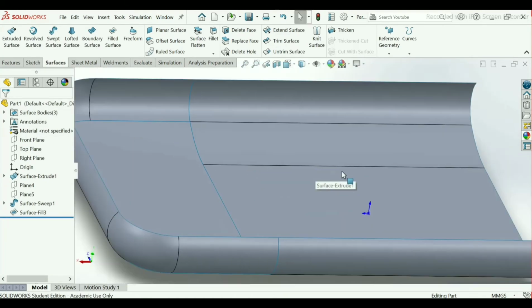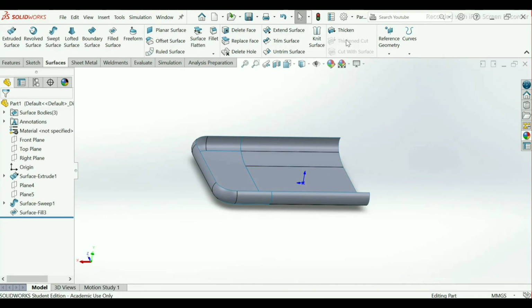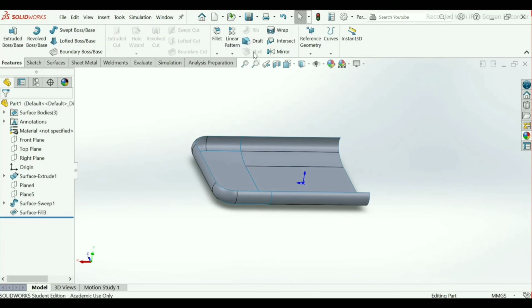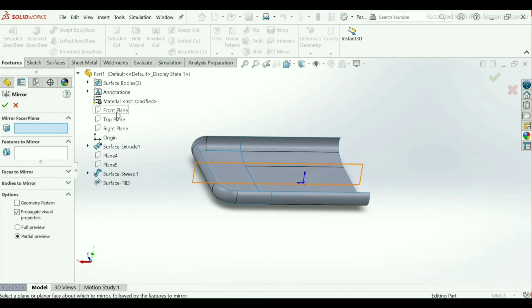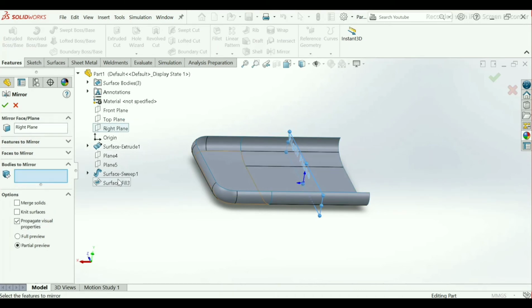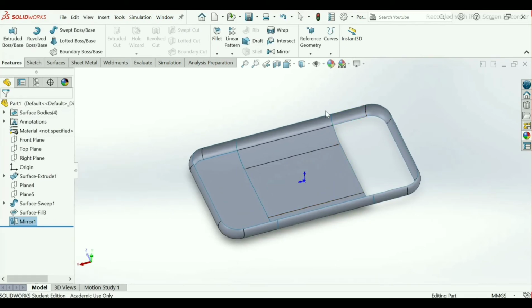We have to make this surface on another side. So go to features, take mirror. Choose here right plane, bodies, select here bodies to mirror. Only choose surface sweep mirror. Click OK. Now again go to mirror.